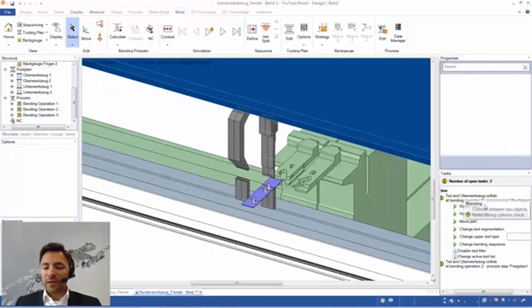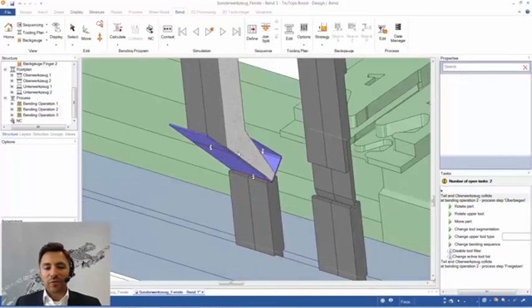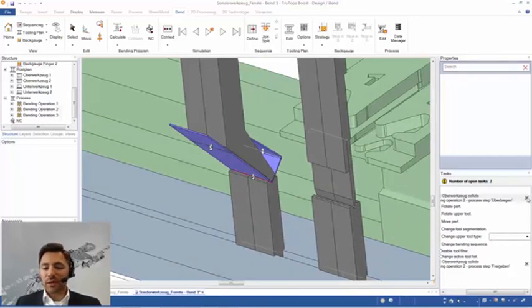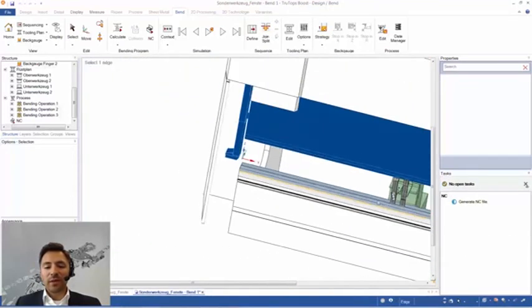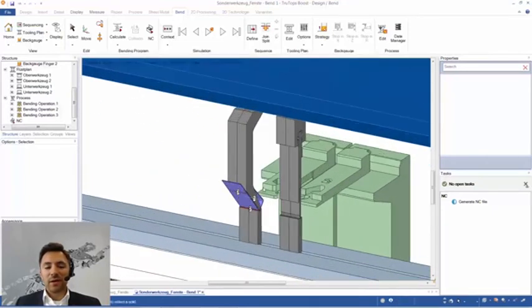We've got two warnings saying that the overbending and releasing, so during that process there is a collision, of course, so we slide the part sidewards out. I can just ignore it, and we are able to generate the INC file. But in that case, I don't like to use two tool stations, and what I'd like to do is